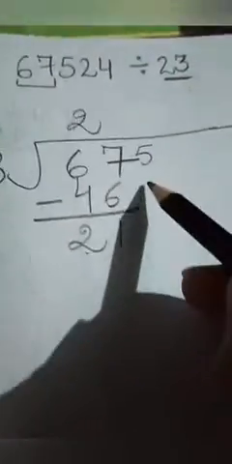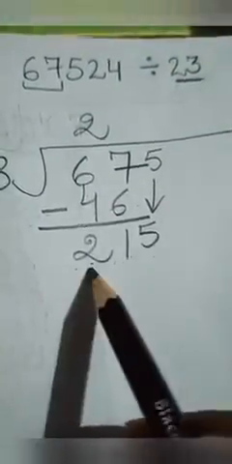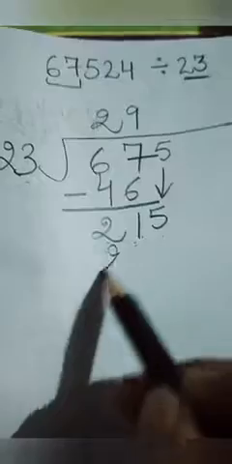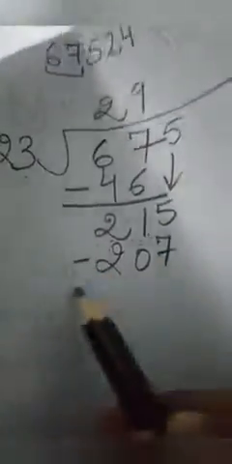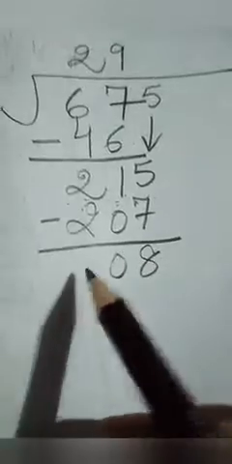Now the next digit is 5. That digit we will write here and bring it down. Now it has become 215. From here we will observe the table of 23 and find what can be written under 215. As we observed, 23 9s are 207 can be written. So here we will write 23 9s are 207. Now see what we will do next. We will do subtraction. 15 minus 7, 8, here 0, here 0.